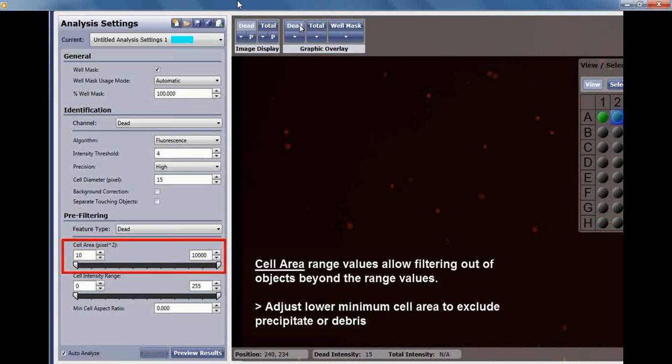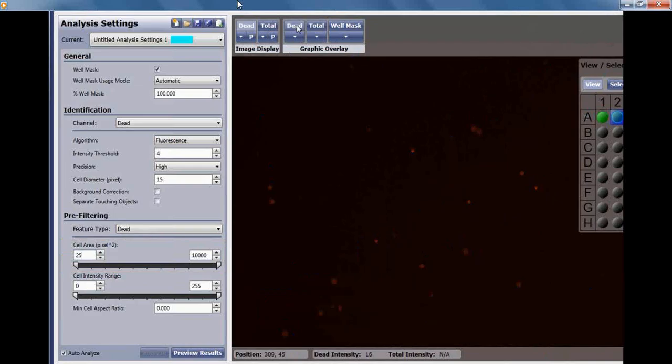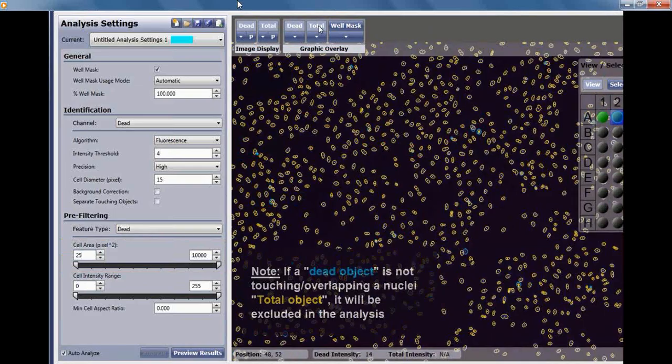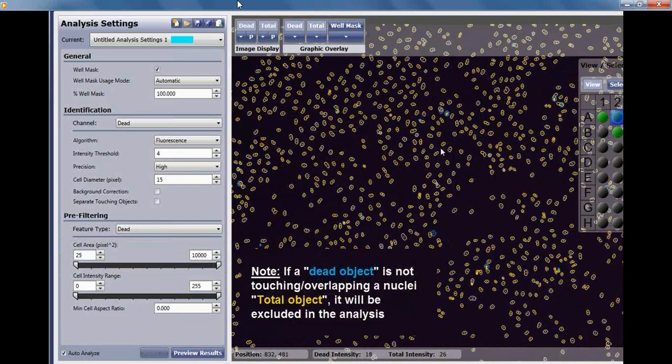There are some small cells that could be debris. You can see that by clicking on the graphic overlay. So we will increase the cell area to perhaps remove some of these smaller, non-specific or debris staining. We're going to increase the cell area to approximately 25, and maybe even to a larger area,